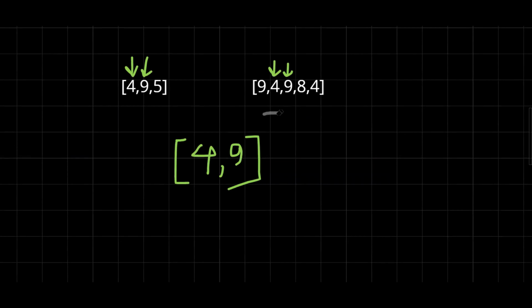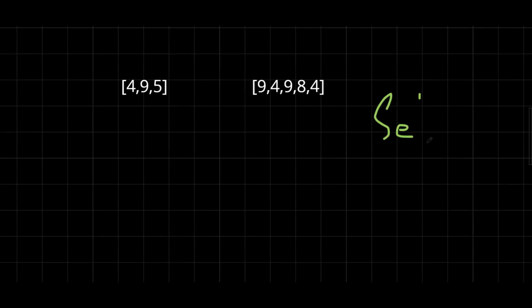Now, the problem is how can we get the intersection elements? So we can use the set data structure to solve this problem. Basically, the algorithm is we have to take two sets, set 1 and set 2. Now, why are we taking sets? Because